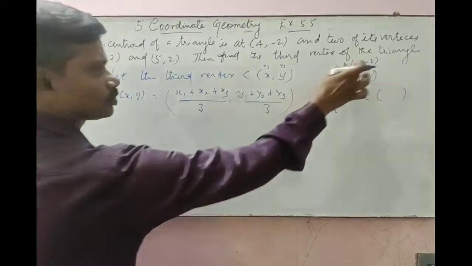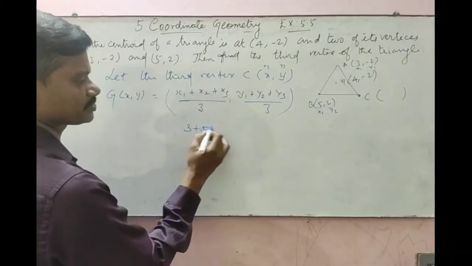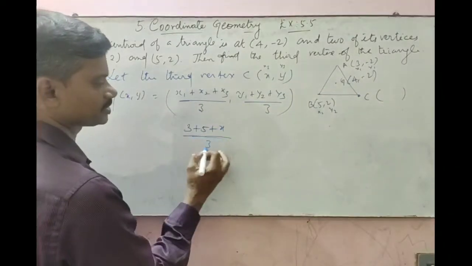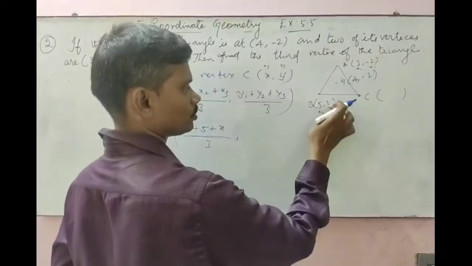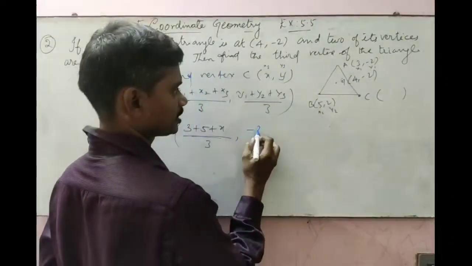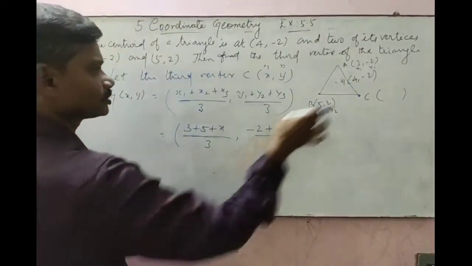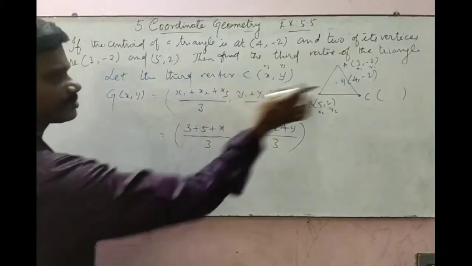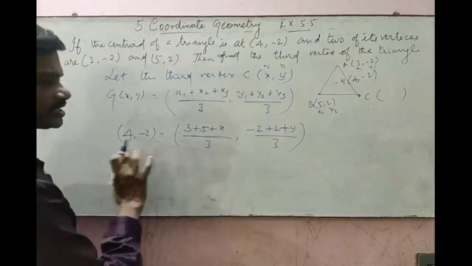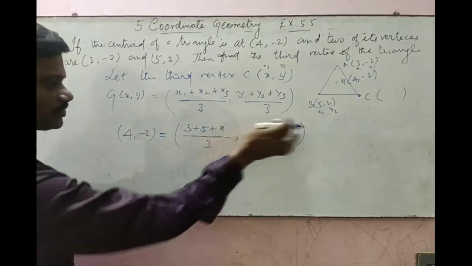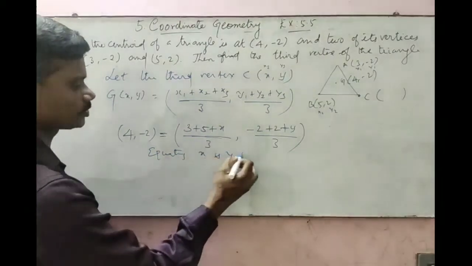and third C as (x3, y3). So (3 + 5 + x)/3, and y1 is -2, so (-2 + 2 + y) whole divided by 3. So this is the answer. So here G of (x, y) is (4, -2). Just by equating the x and y coordinates, we get the value of x and y. So equating x and y coordinates,